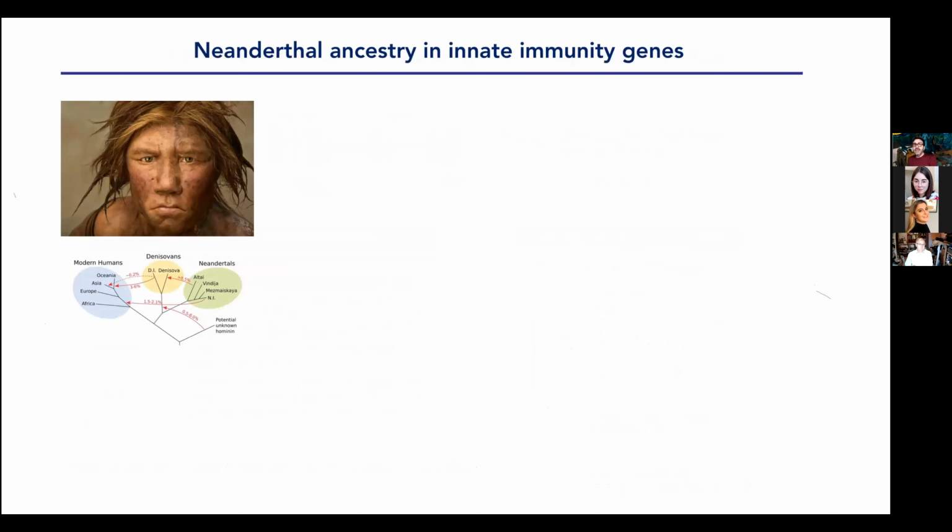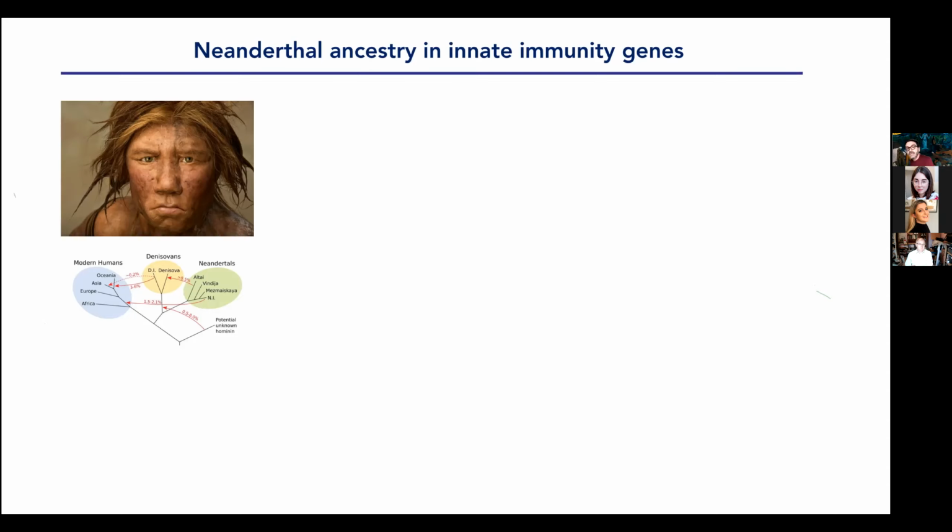But also, we have been quite interested in the admixture of humans with Neanderthals. And why do we care about Neanderthals in the context of immunity? Because around 10 years ago, there was a paper from Stanford, from the team of Peter Parham, that showed that some HLA haplotypes, which are genes, for those among you that are not very acquainted with immunology, that also participate in immunity, present in present-day Europeans come directly from Neanderthals. We know today that around 2–3% of the genomes of Europeans and Asians comes from Neanderthals,